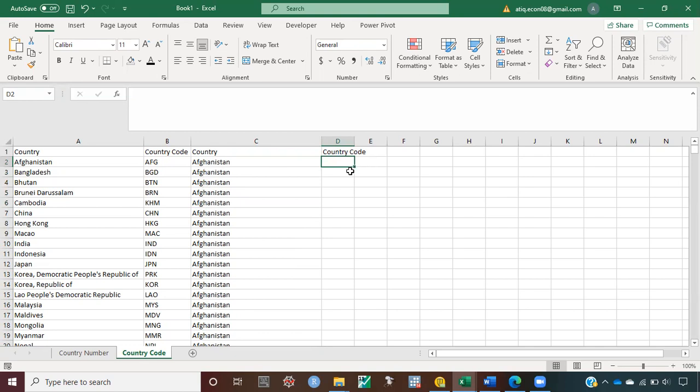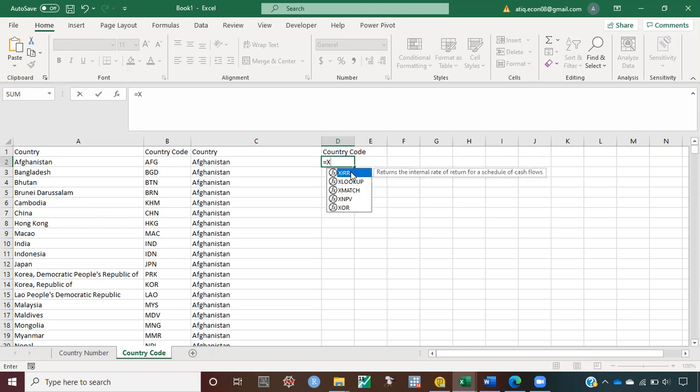If I do it manually, it will take very long time and it will be lengthy. So let's use the XLOOKUP function. First, put an equal to sign, then just write X, and you will see the drop down list, which gives us the XLOOKUP. Click on that,